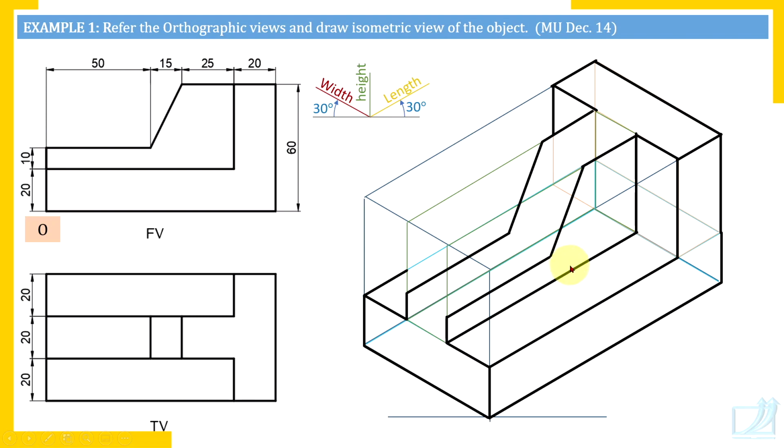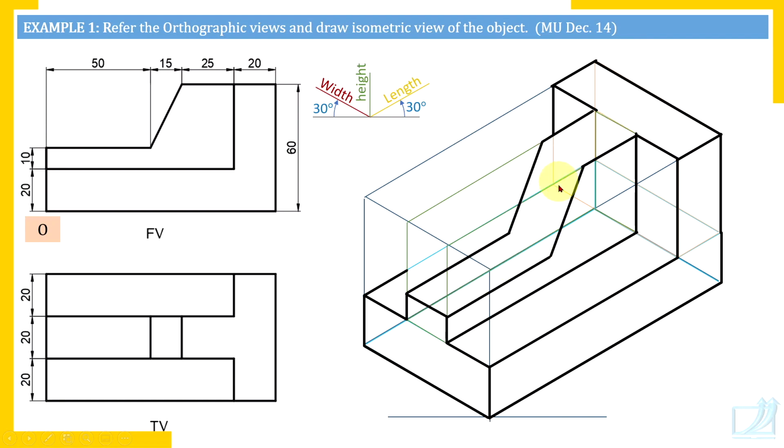And don't forget that a corner is formed by 3 edges. So from this corner, where is that third edge? Here it is. This edge is parallel to height. This edge is parallel to length. So there must be an edge parallel to width. And this edge is on the top of this plate and on the left side. So top side and left side both are visible. And that is why this edge is visible.